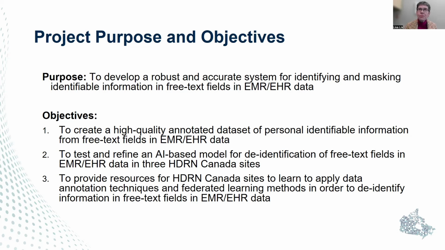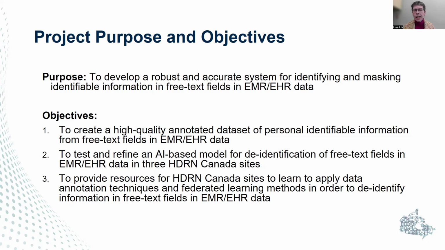And there is as much in this project around processes, as there are with many HDRN Canada projects, as there is about the outcomes. So part of this is about being able to work through the process of identifying the kinds of personal identifiable information that is available in free text fields. And this comes through the annotation process. In other words, being able to identify and label what is in the electronic health records that we may encounter in repositories. So that's part of it. And we'll talk about that process that we're using, which is really where we are right now in terms of